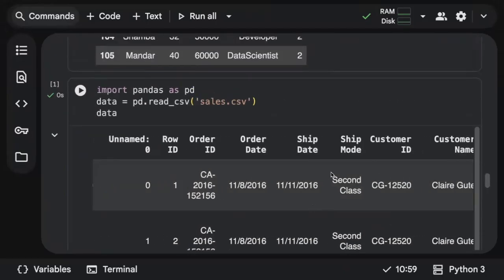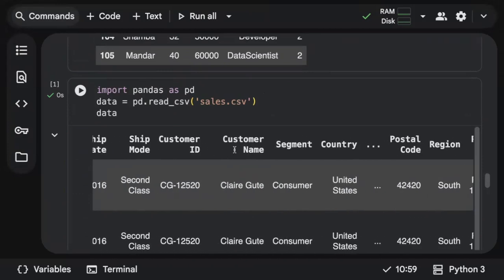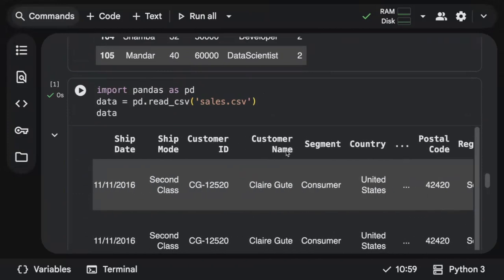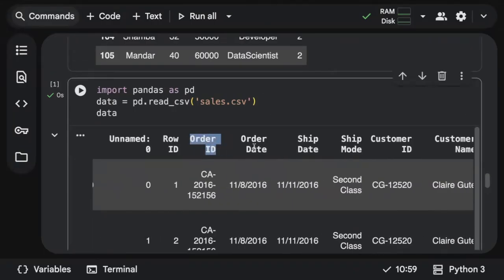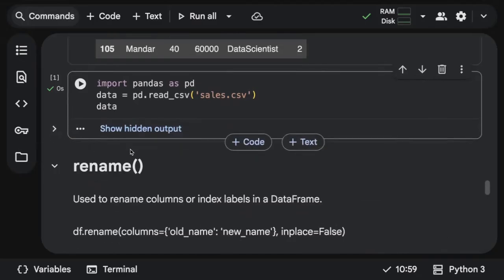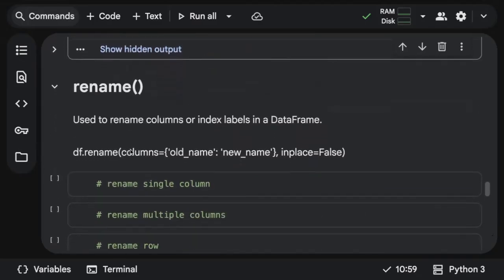So you can clearly see that there are so many columns, right? Sometimes column names are pretty big, or if it's not relevant, in that case you can rename the column name. Let's say here order id, row id, order date, ship date. For all the column names, there is a space. Usually when we write column names or variable names, there should not be a space between the multiple words, right? So that's the reason I'll show you how you can rename those columns easily in pandas so that it looks better.